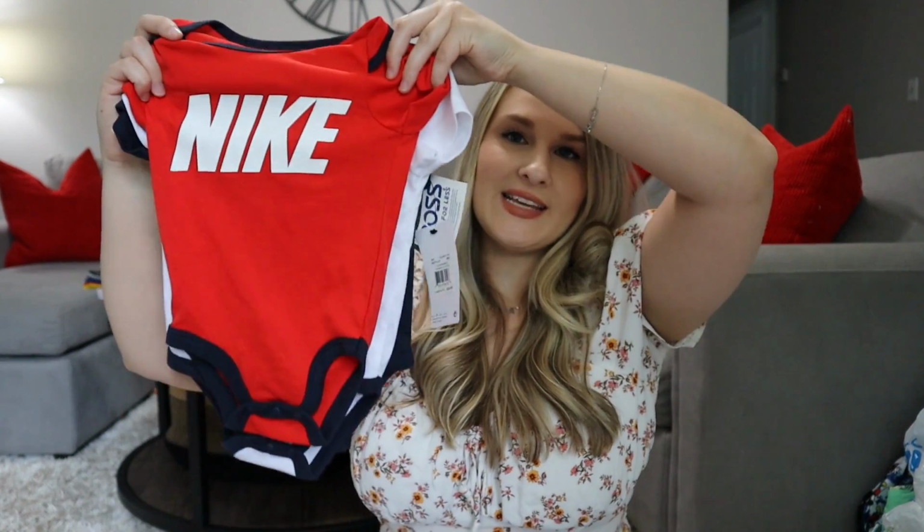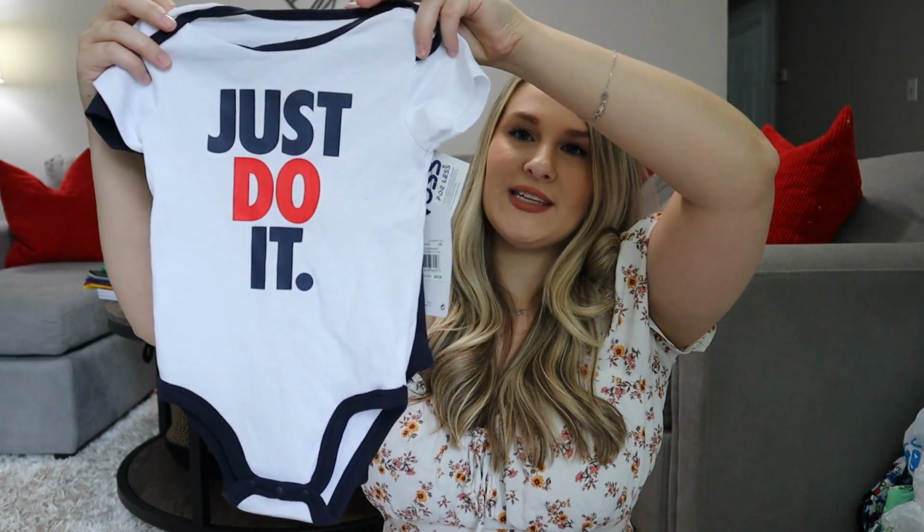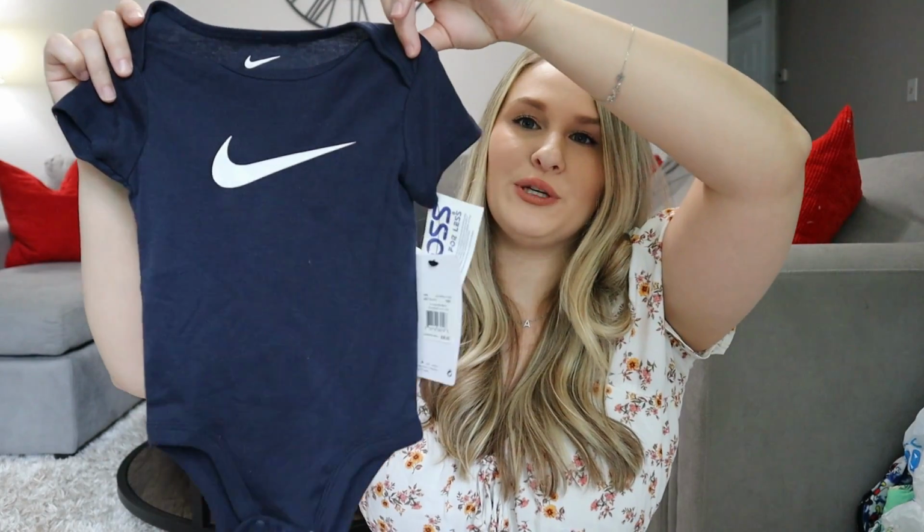And these are the onesies I got for my 1-year-old. They're obviously not for back to school, but it's just a little extra thing we picked up. But it's this little red one that says Nike, this white one that says Just Do It, and a little blue Nike onesie. So these are all of the back to school items and supplies that I bought for my